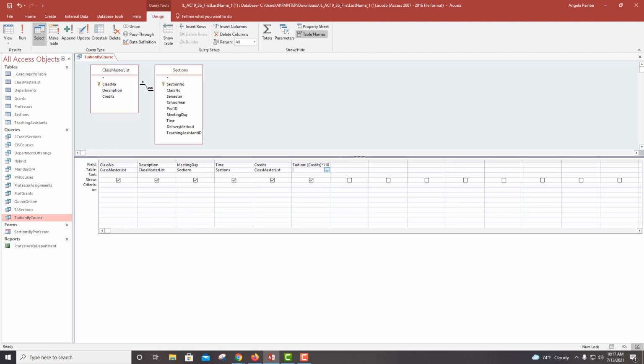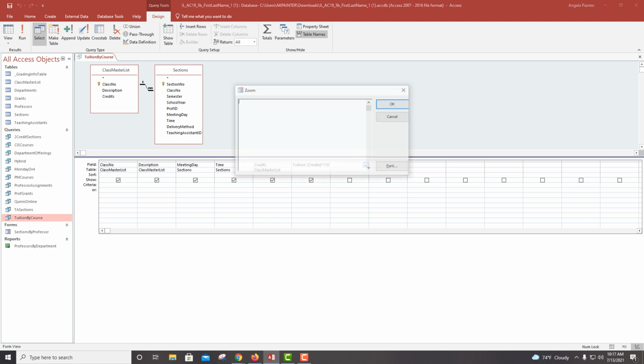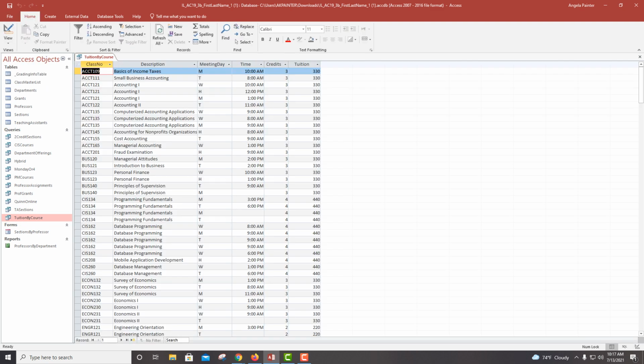And again, you can Shift F2, and I know a lot of people don't have that maybe on certain computers, so you could have typed that in straight here and clicked OK, or you could type it straight in here. So you're not creating a field or adding a field, you're creating a calculation that just shows up in this field. Okay? Good job. So I'm going to close this,